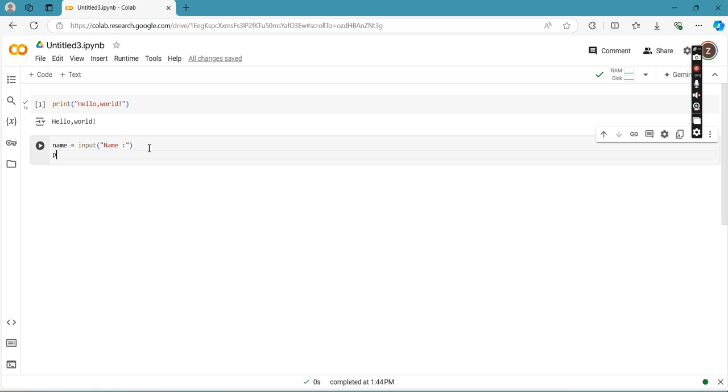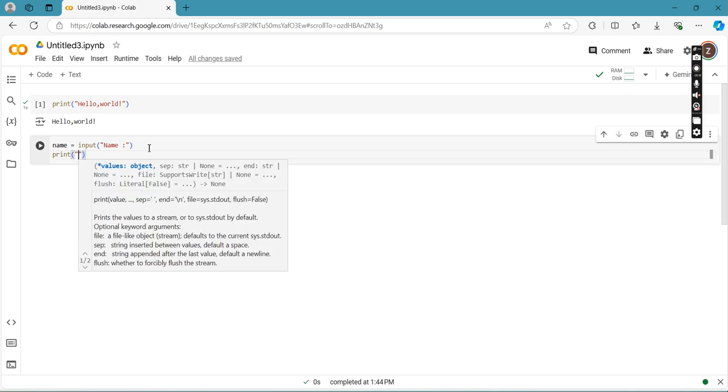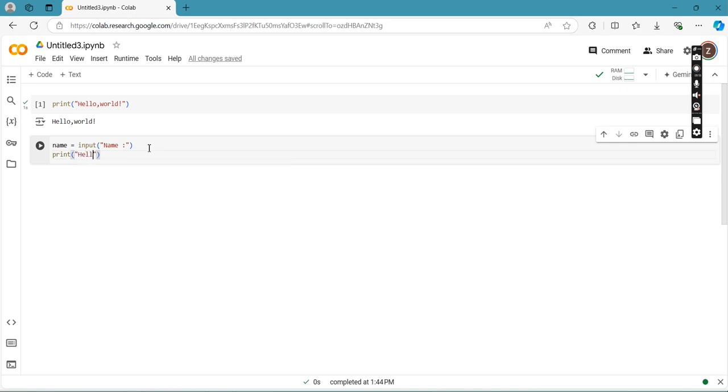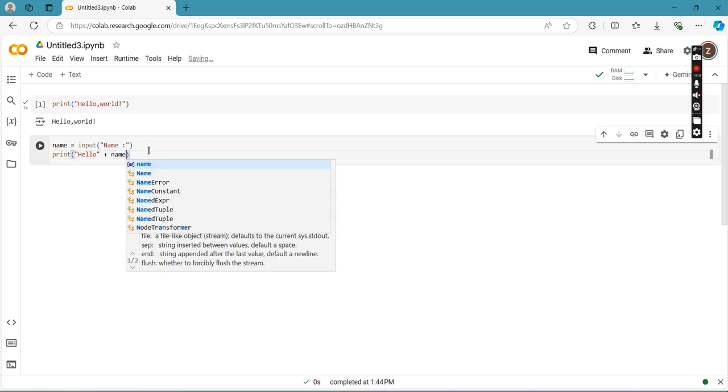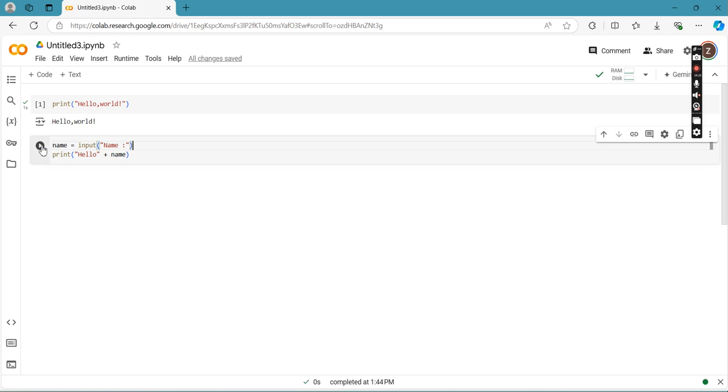Okay? So that after storing it in a variable, we could actually print that. So let's say hello. Then we're going to concatenate that using our variable. Let's try to execute it.